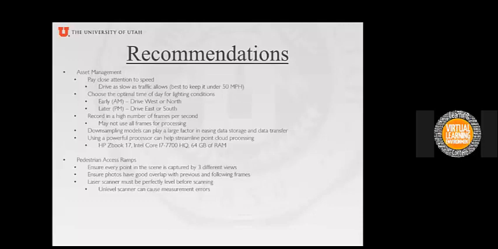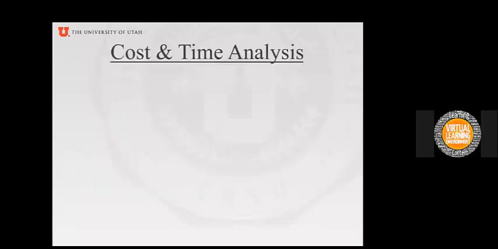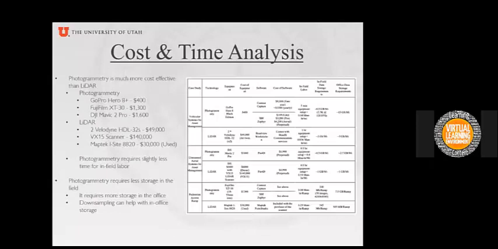And a bit of a cost-time analysis for the different equipment and software that we use. Photogrammetry is much more cost-effective than LiDAR, and we have it broken down here a little bit for you. For the equipment that we're using for photogrammetry, GoPro is about $400, Fujifilm X-T30 $1,300, and the DJI Mavic 2 Pro is $1,600. The LiDAR equipment that we're using, Manley Communications has 2 Velodyne HDL32 scanners, and both of these scanners together cost